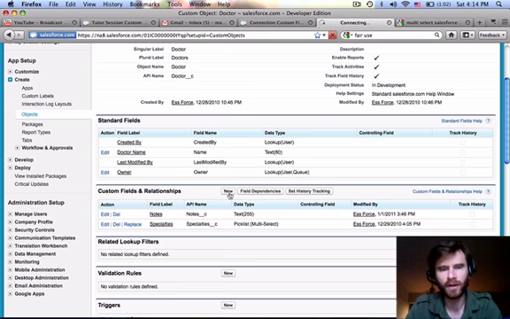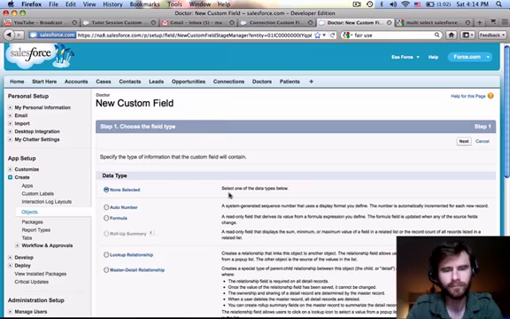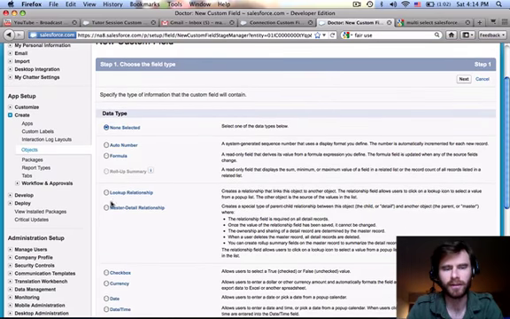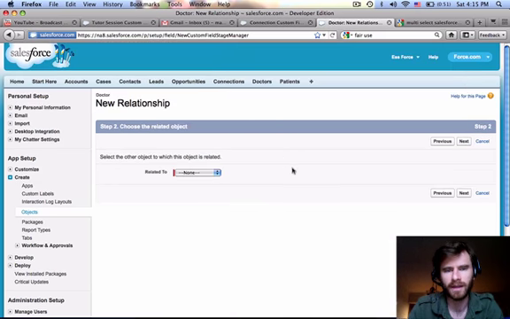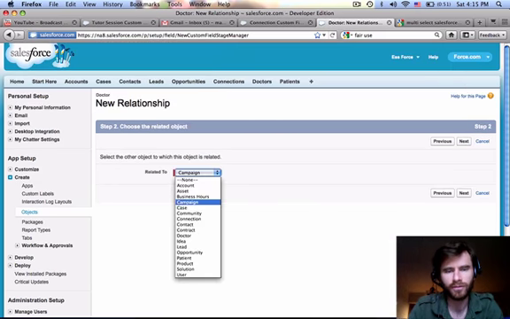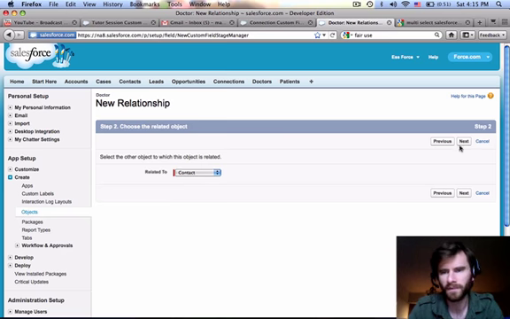Let's create a new custom field here, and let's make this a lookup. It's not required, we can make it required otherwise, but it won't be a master detail relationship. Let's click next. This is going to look up to a contact. Alright, it's related to a contact. Let's click next,